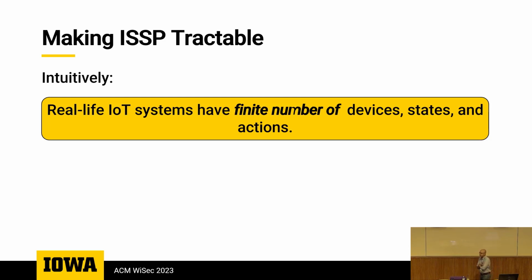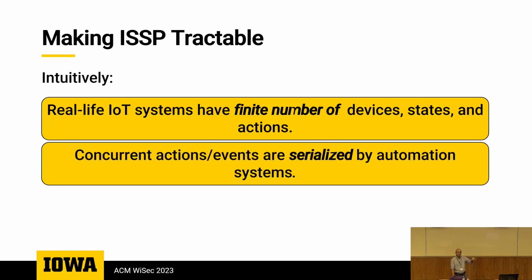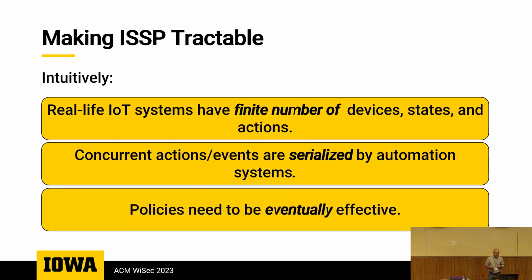Now, you might say, you said temperature could be real. Between any two real numbers, there is an infinite number of real numbers. So how can it be a finite state? But because of precision, if we think about two-digit precision, it is finite, right? And if you have concurrent actions, you can assume somehow they get serialized. And for policies, rather than trying to bring the system instantaneously to a safe state, you allow it over some time,